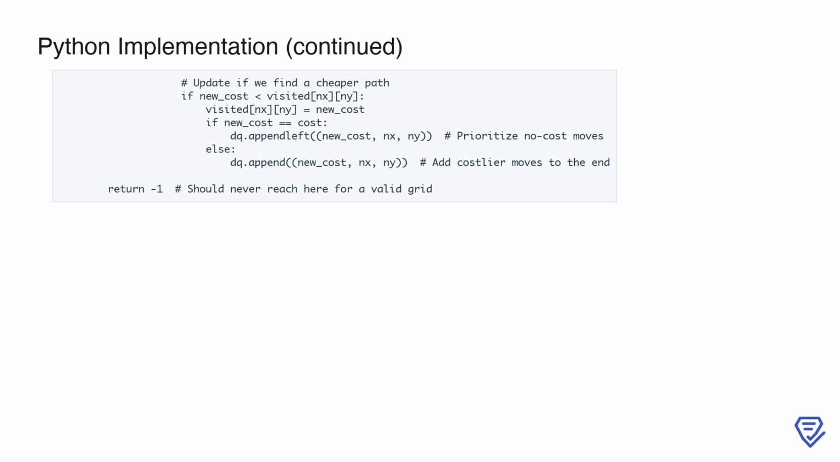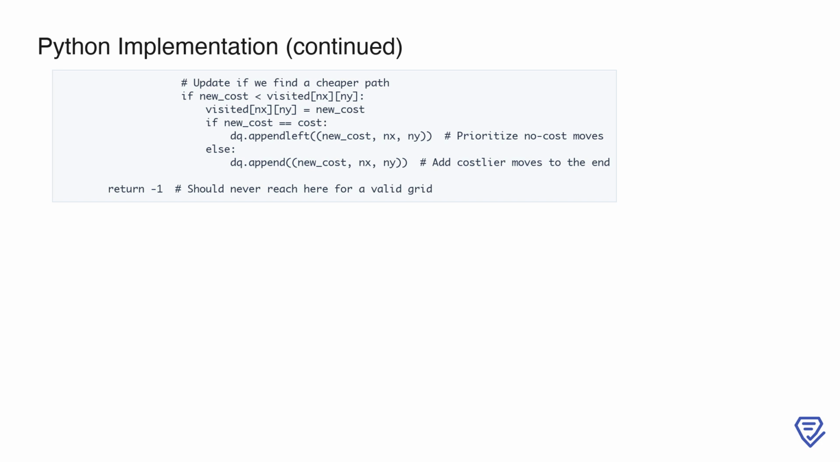This ensures that no-cost moves are prioritized during our BFS traversal. Finally, if we exhaust all possibilities and cannot reach the bottom right corner, we return -1, though this scenario should never occur for a valid grid. This implementation efficiently finds the minimum cost path using the 0 to 1 BFS algorithm, ensuring optimal performance even for